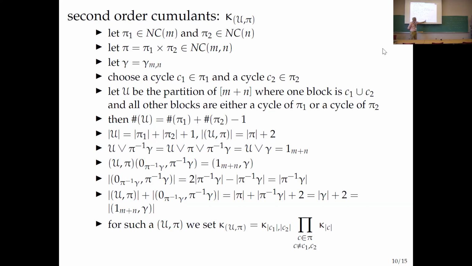Those are all integers. That's right, the smallest it can be is 1, because the cycle has to have at least one element. Well, it turned out that it gave all the right properties. That was how you justify the definition, that freeness was vanishing of mixed cumulants. And yes, for the definition of U.